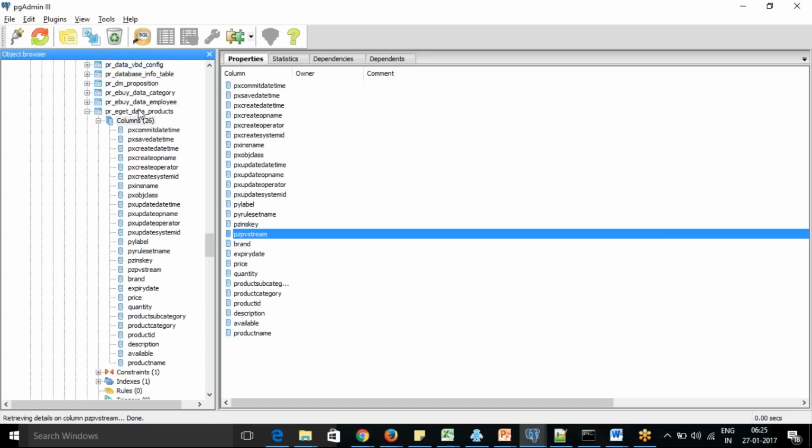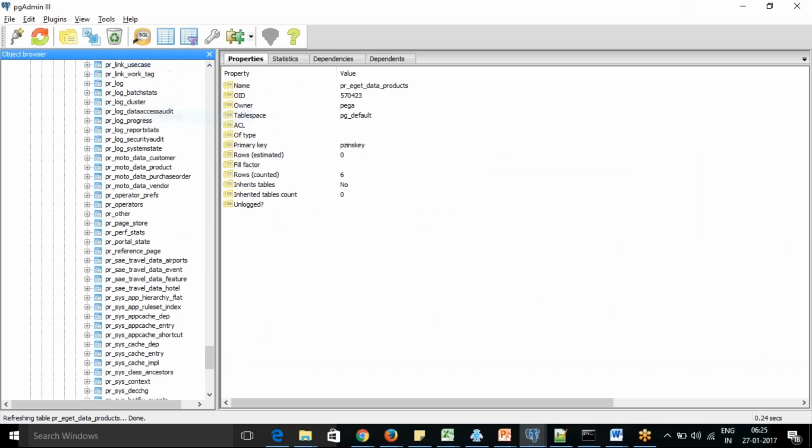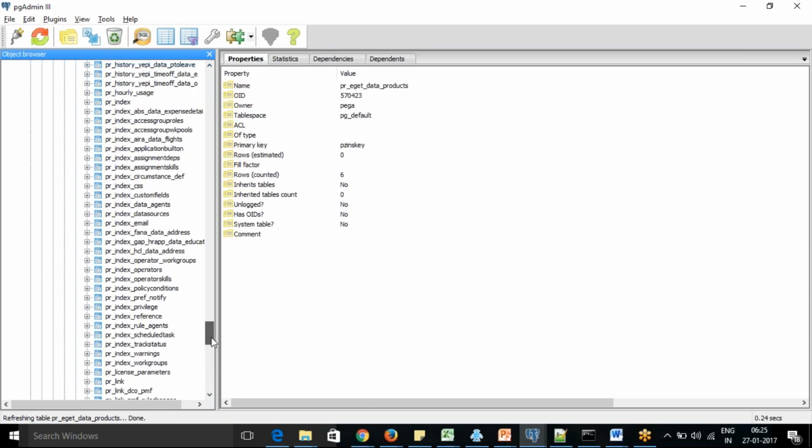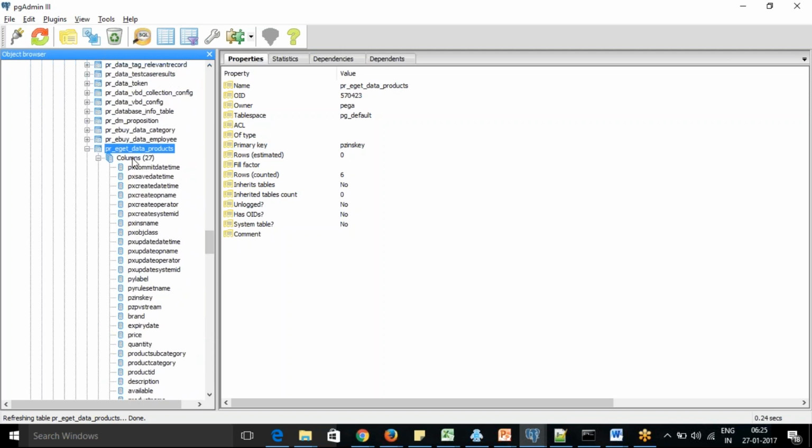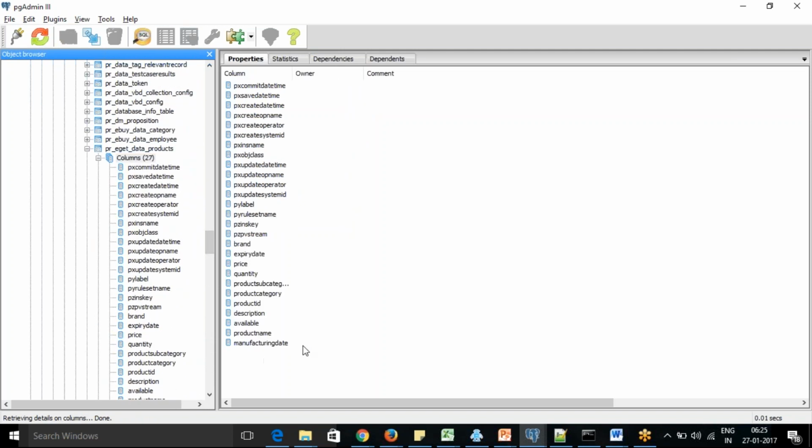And now if you go and refresh this, you can see that there is a column 27 also now, and manufacturing date is there now.